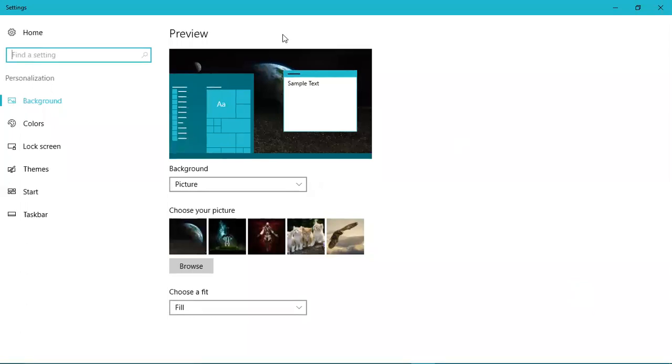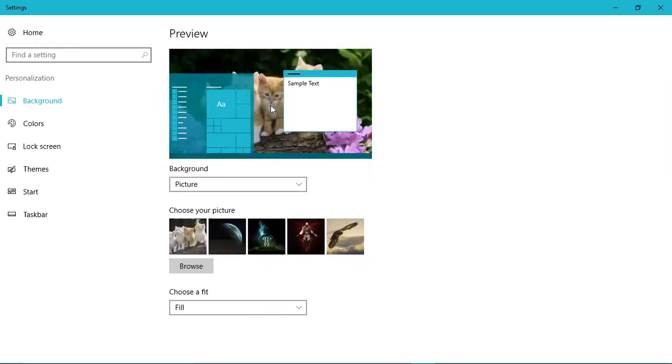In this window, if you want to change the background picture, the background option is already selected. So you can select whatever picture you want as the background. For example, I'm going to select this picture, and that picture will be applied. You can see that in this figure, it will preview how your desktop will look. You can see that the background picture has been applied on the desktop. So you can change the background picture by choosing the picture from here.